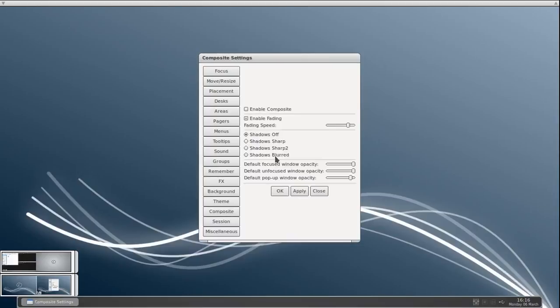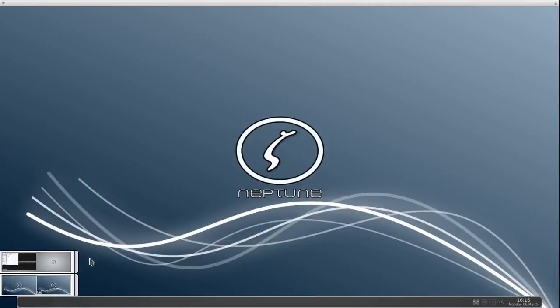So it's pretty much a very small and lightweight desktop environment. 256 megabytes is the minimum required, and I think for a 64-bit system